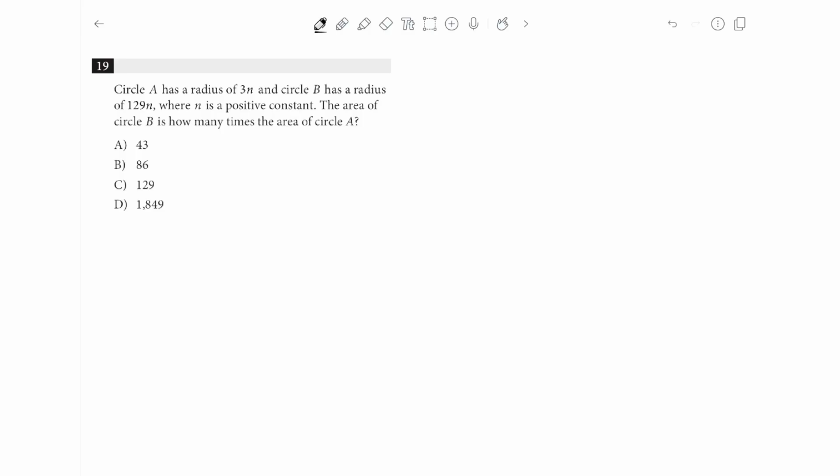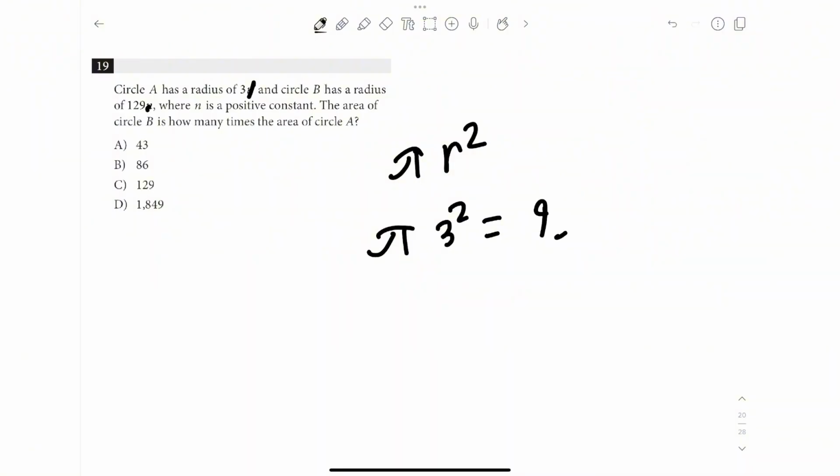The area of circle B is how many times the area of circle A? So let's take a look at what the formula is to find the area of a circle anyway. The area of a circle is pi r squared. So ignoring the n's, let's plug in both of these radiuses and find the areas of both of these circles. So 3 squared would be 9. So our area would be 9 pi for circle A. For circle B, we're going to do 129